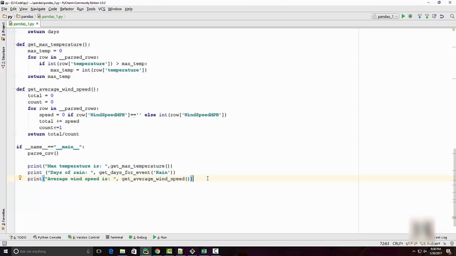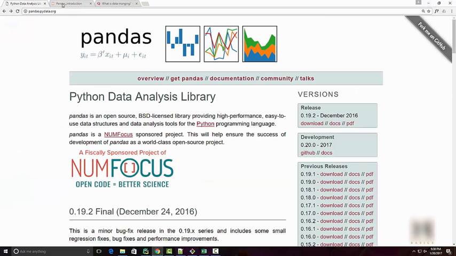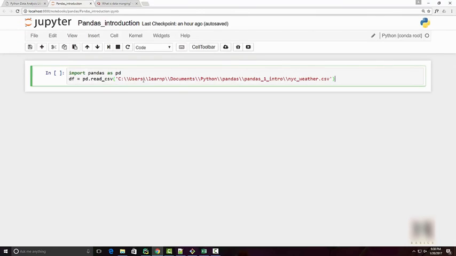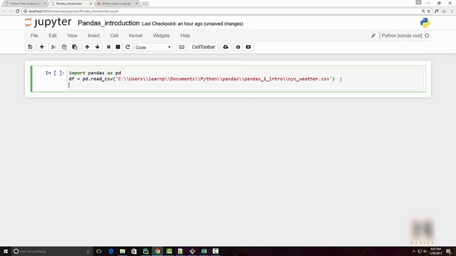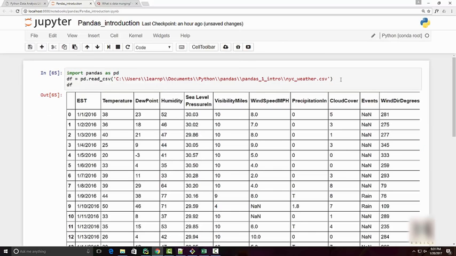Now I'm going to do the same thing using Pandas. So here I have a Jupyter notebook, and I'm going to import Pandas as pd. So pd here is my Pandas module. Then I'm reading this CSV file here, and it is returning me the data frame object. Data frame object is at the core of Pandas, okay? And if you print data frame, you will see it sort of looks like a table with rows and columns,